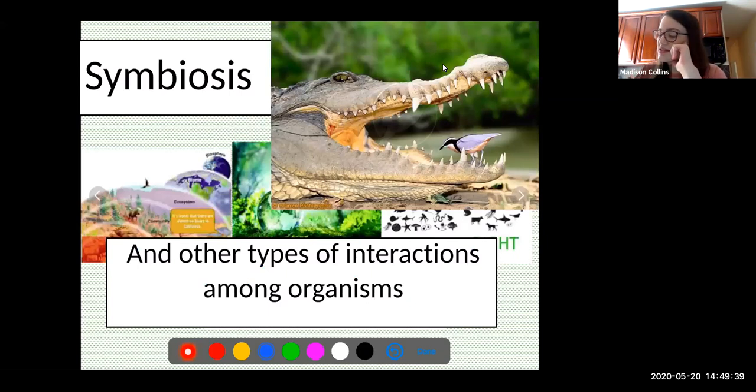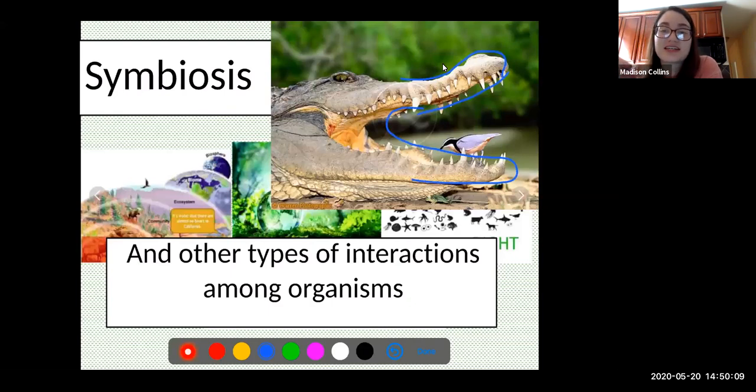So this is an example of symbiosis right here, because this crocodile and this bird are working together. I know you're probably sitting here worried for this bird's life. You're thinking, that is that crocodile's lunch. Things aren't looking good. But these two organisms actually are in a mutualistic relationship. Now, they're not going on dates, okay? They're not actually in a relationship, but they're helping each other out, whether it looks like it or not.